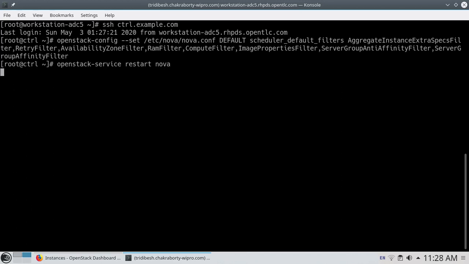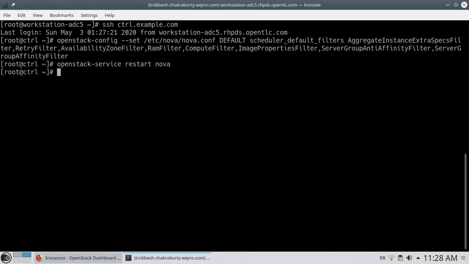It will take some time to restart the Nova service. As soon as the Nova service is restarted, we should be able to use this particular feature or property, the filters, to launch our instances properly on the proper host aggregates and underlying hypervisor hosts.